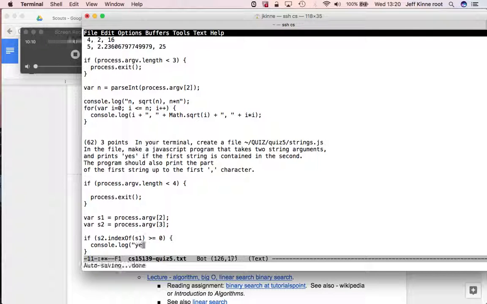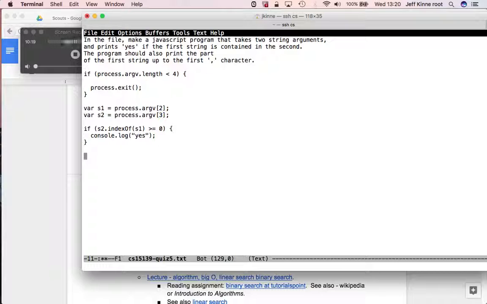console.log yes. Okay. The second thing is print the part of the first string up to the first comma character. So we'd have var i = s1.indexOf comma. Now if we want to print up to there, we do console.log s1.slice(0, i). And there's different ways you can interpret what I asked here. So this one won't print the comma. Also, if i is -1,